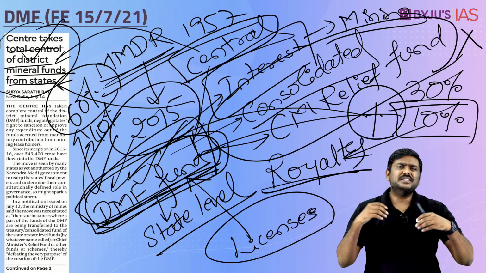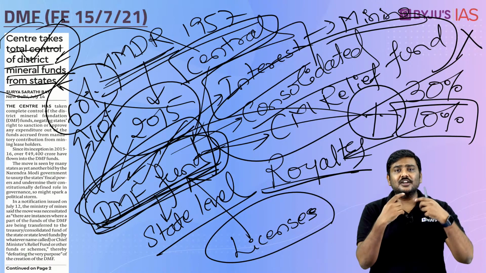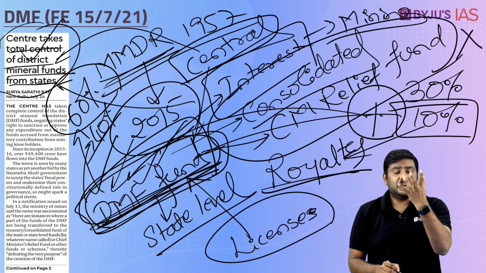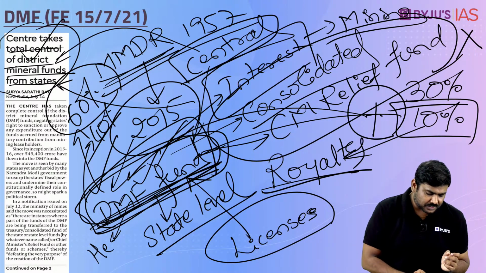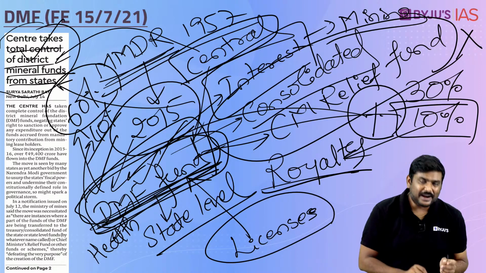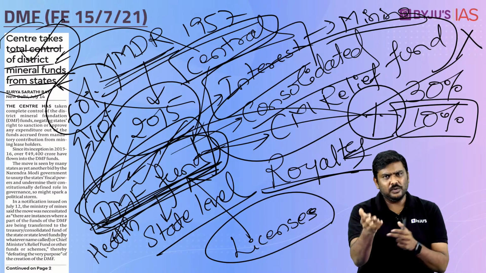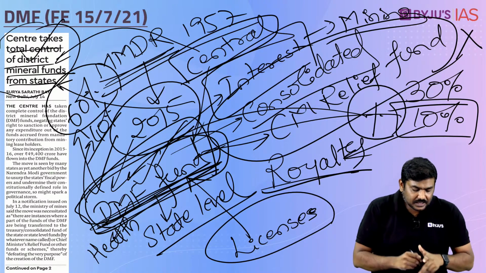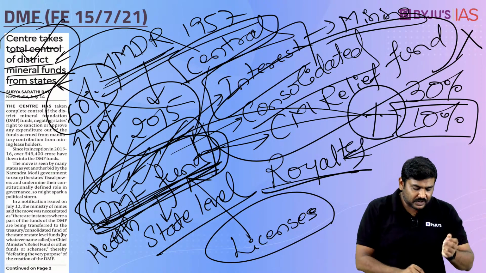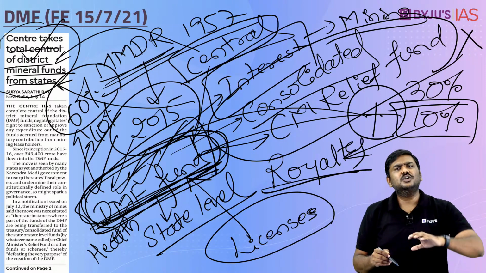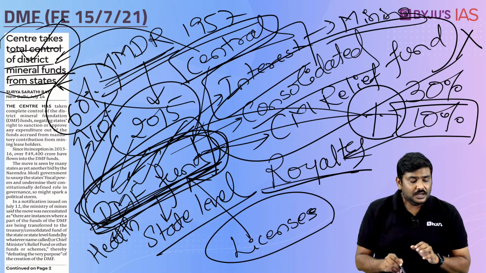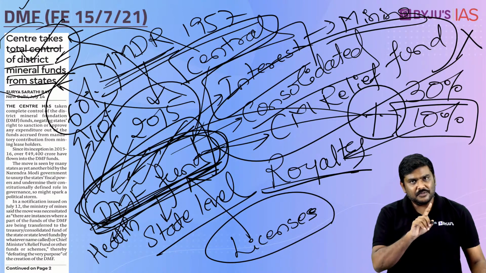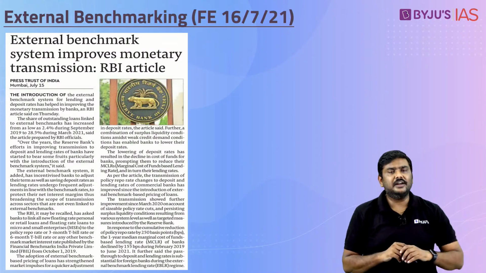And this was very much evident last year itself when the central government asked the states to use this DMF fund for development of healthcare infrastructure during the COVID impact, or during the fight against COVID. Under one of the stimulus packages, the central government basically said state governments can use the funds within the DMF funds to develop healthcare infrastructure. So, these are some of the very important points with respect to DMF. Please be very careful with respect to this article.